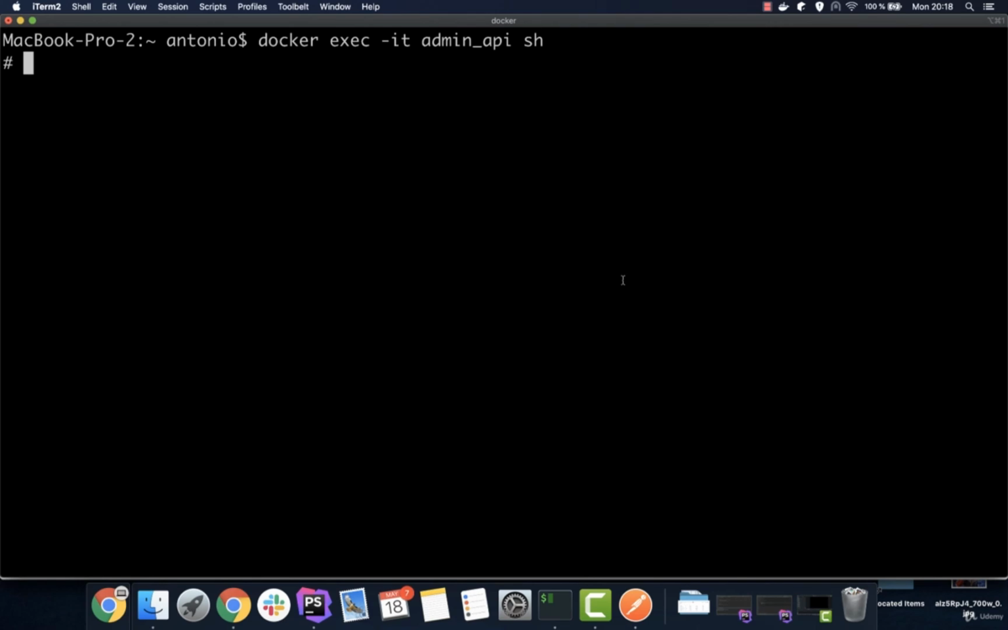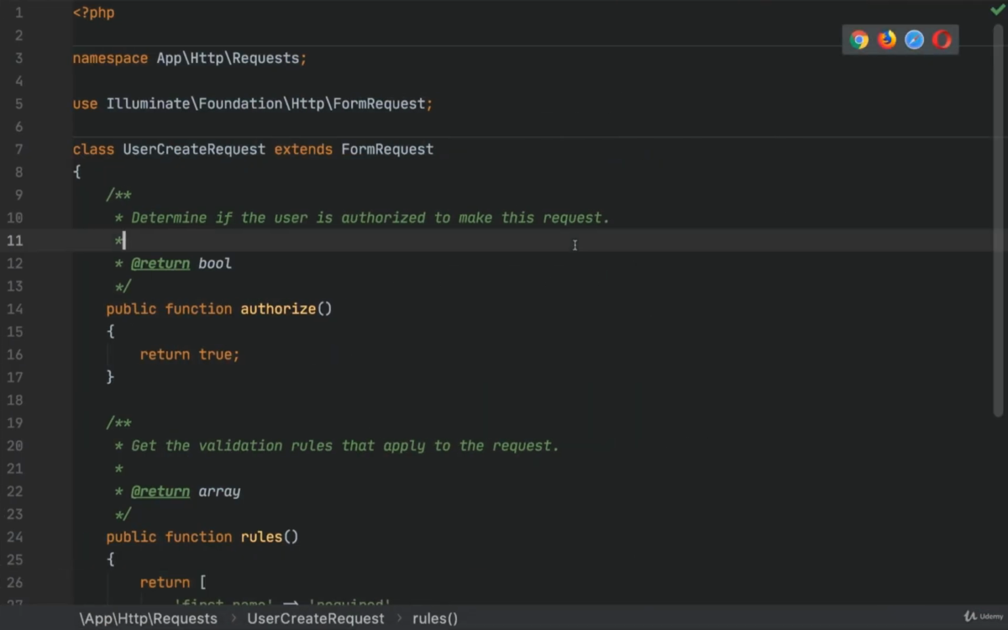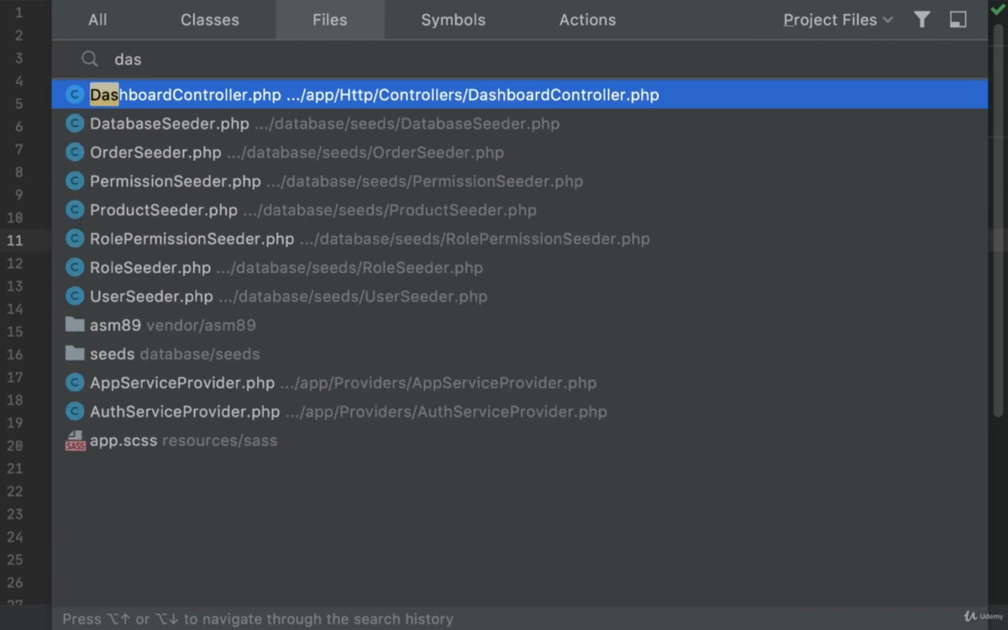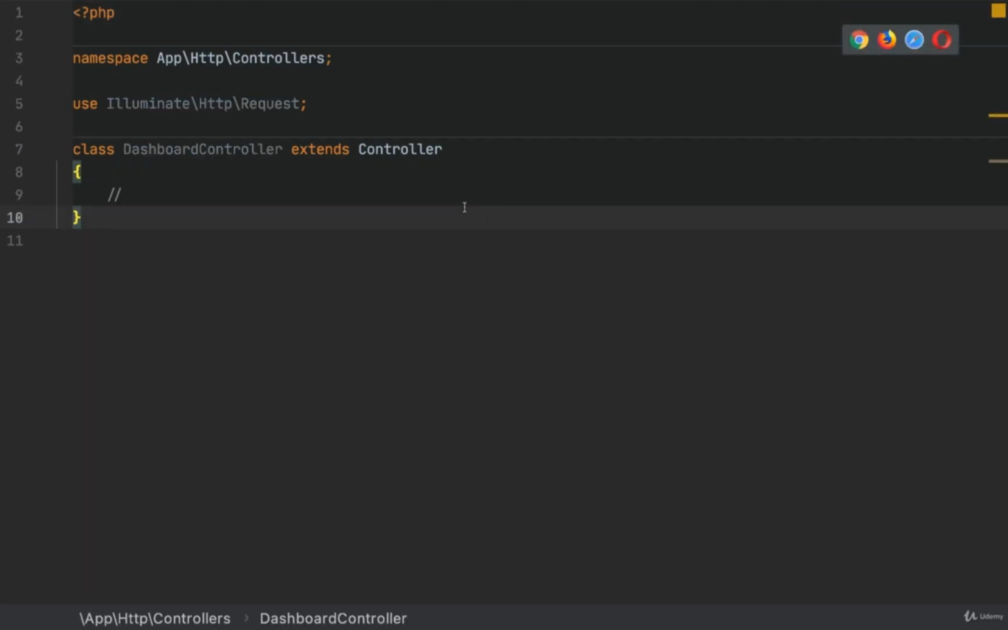Now there is one last API that we need to add. We need to add a chart for the dashboard. First, let's create the dashboard controller. Controller, dashboard, controller. Let's go to the dashboard controller, and here we need to add the route